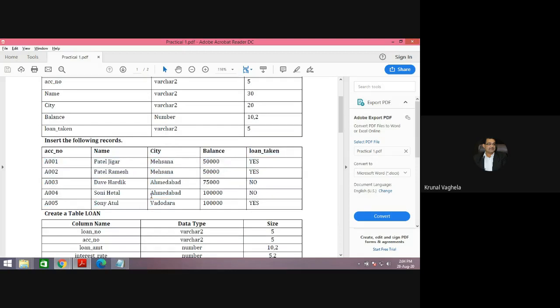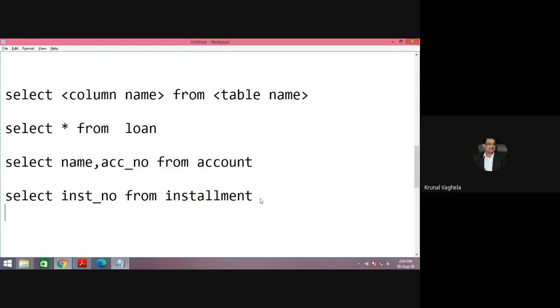Now, what if I want selected rows? I want only those records where the customer is living in Mehsana. For example, let me write the query here.